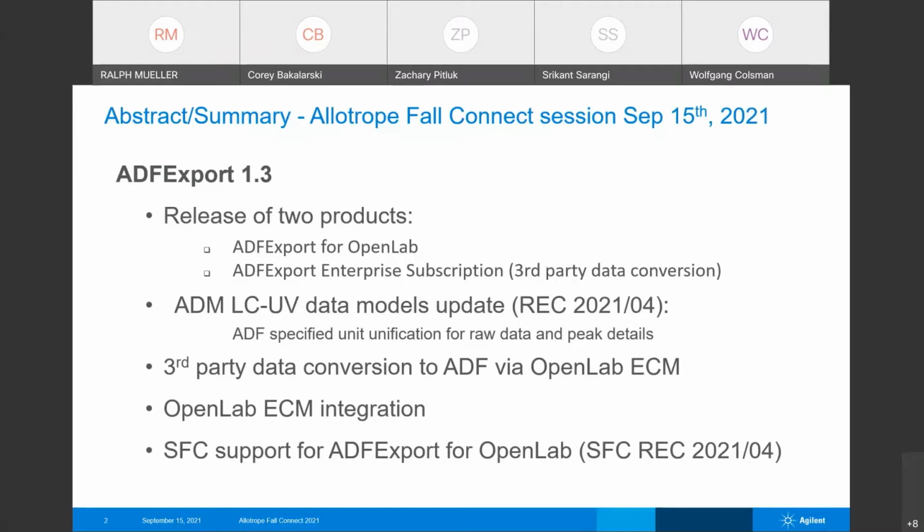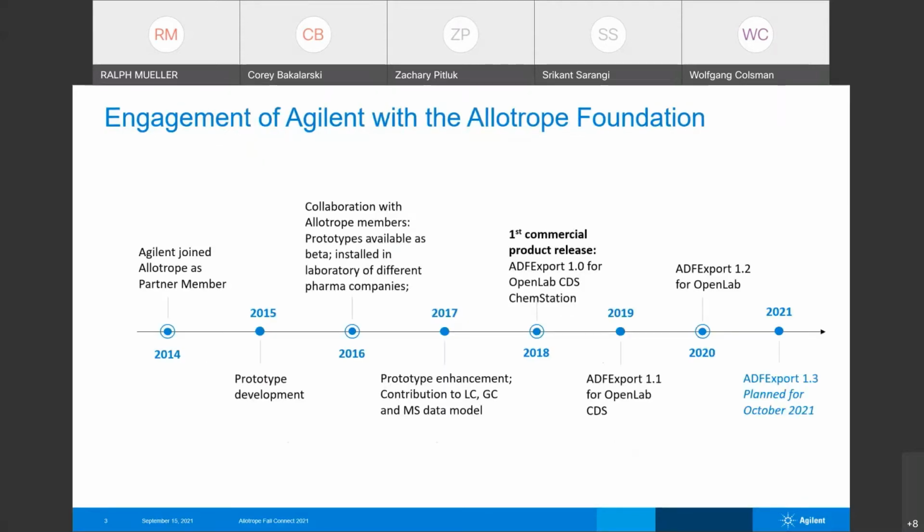ECM is our enterprise content management system. And we support the ADF Export for OpenLab. This is the first product of these two, with SFC now supported, with the SFC recommended candidate